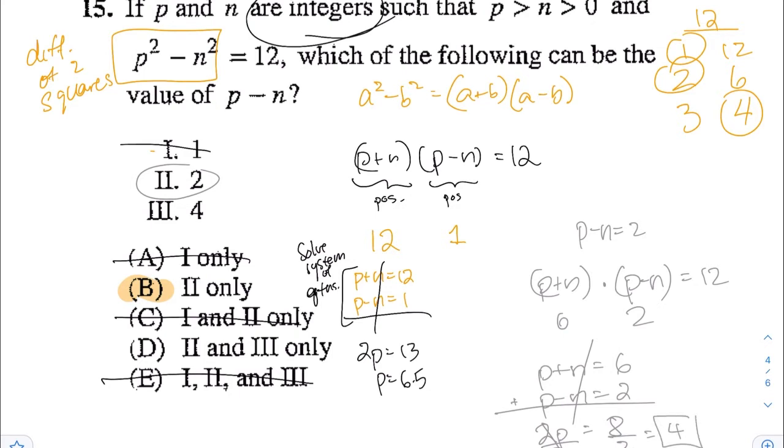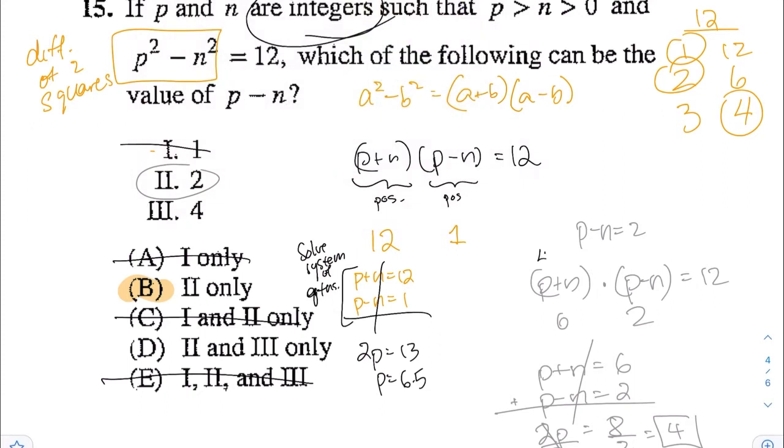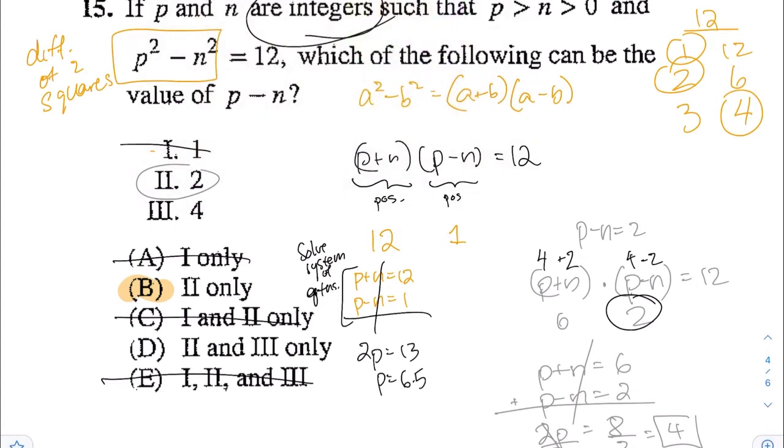Now, p is equal to 4, you can substitute back in to solve. P plus n has to be equal to 6, so you know that it has to be 4 plus 2, and 4 minus 2 is in fact equal to 2, so everything does check out. Here, Roman numeral 2 is potentially the answer. Now you still have one more to test out, and that's